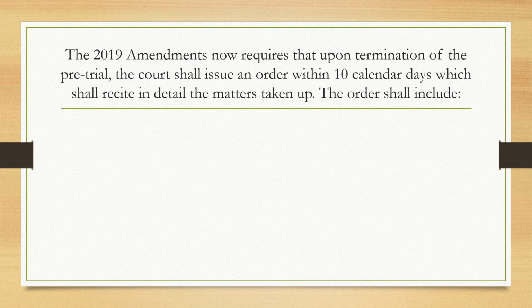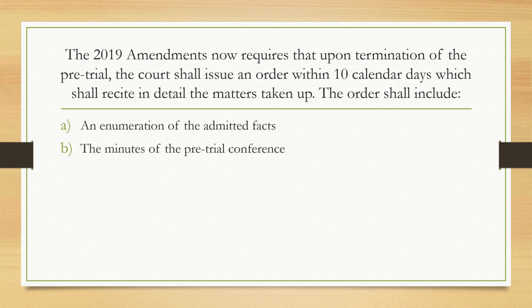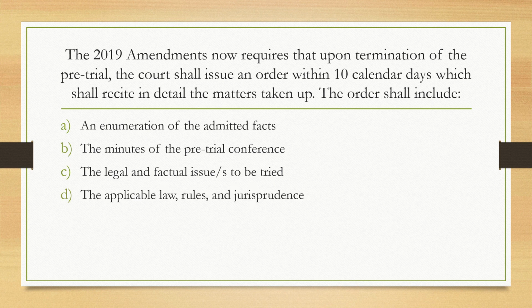The 2019 amendments now require that upon termination of pre-trial, the court shall issue an order within 10 calendar days, which shall recite in detail the matters taken up. The order shall include an enumeration of admitted facts, the minutes of pre-trial conference, the legal and factual issues to be resolved, the applicable laws, rules, and jurisprudence, the evidence marked,